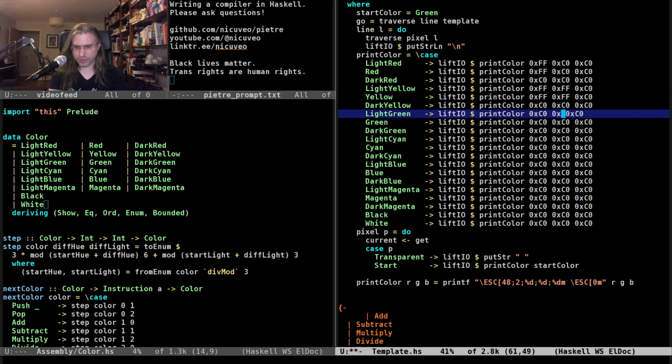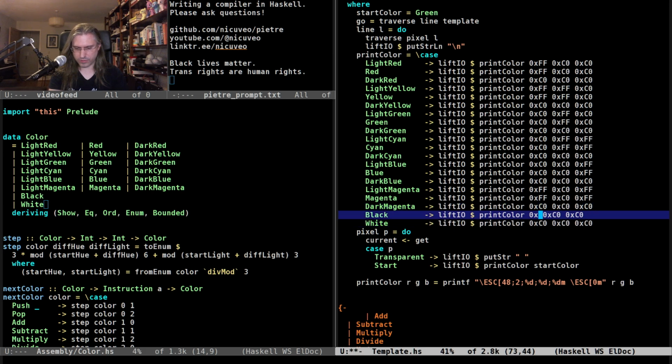And then green as well. And not for dark green, however. For cyan, FF, FF, but also in the blue. Then light blue, dark blue. And then finally light magenta and magenta with the red.